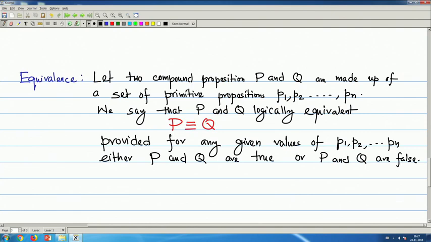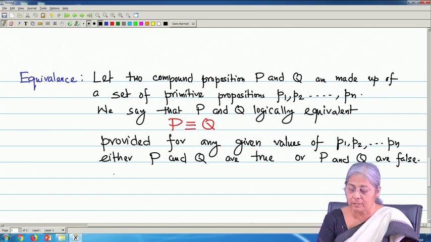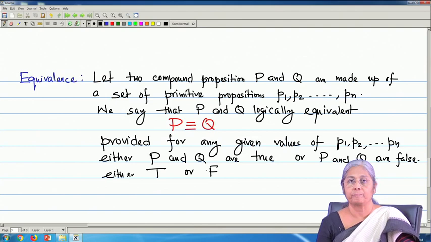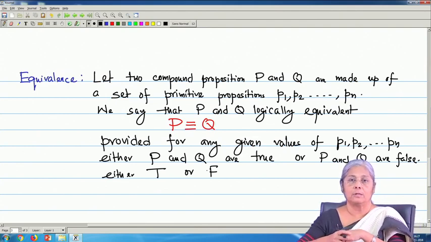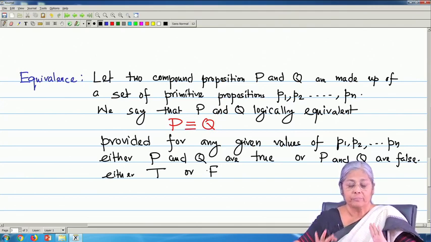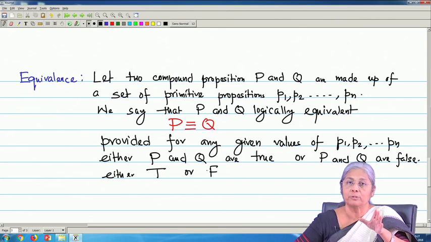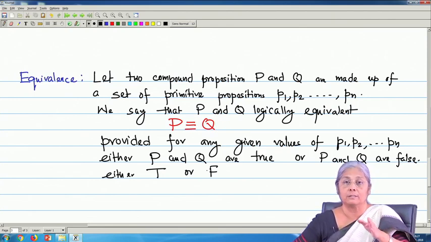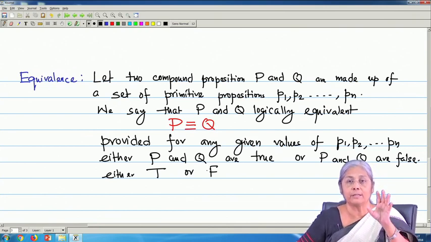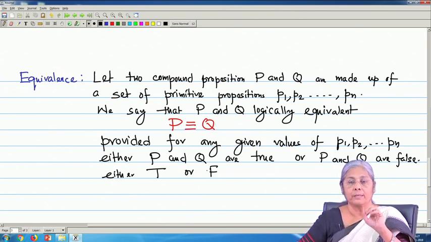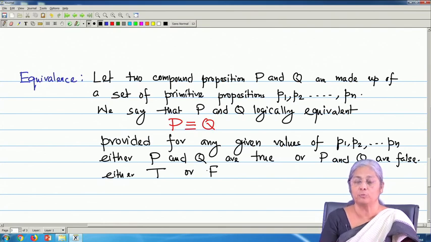That means, for the same set of primitive propositions P1, P2 to Pn, if P and Q have the same values, either true or false, then they are called logically equivalent. Now, why is it important? Because we want to see the relation between two statements and we want to check. Now, given two compound propositions P and Q, if we derive P